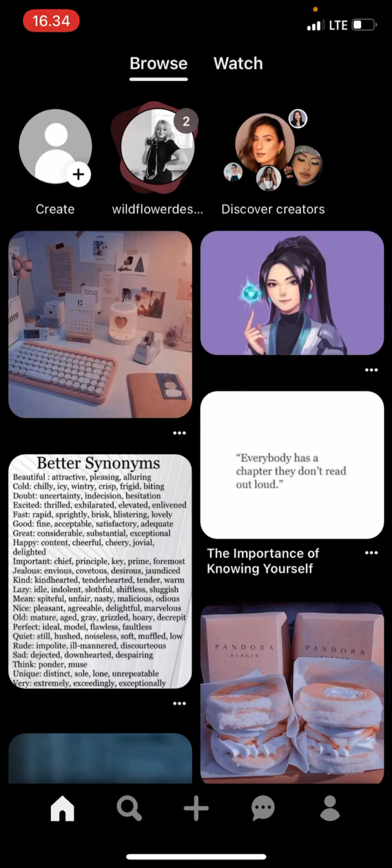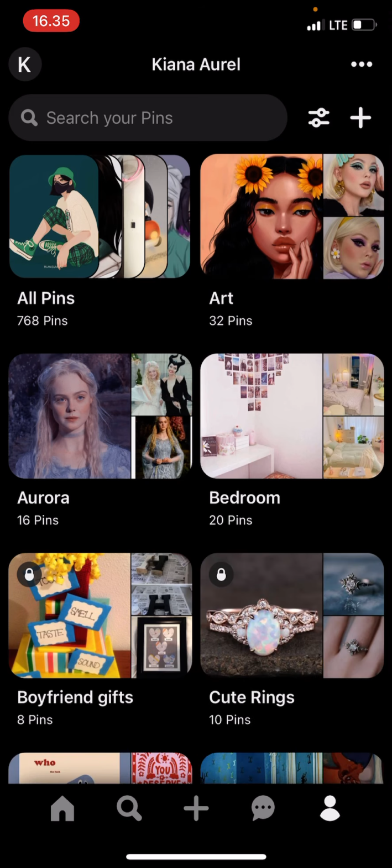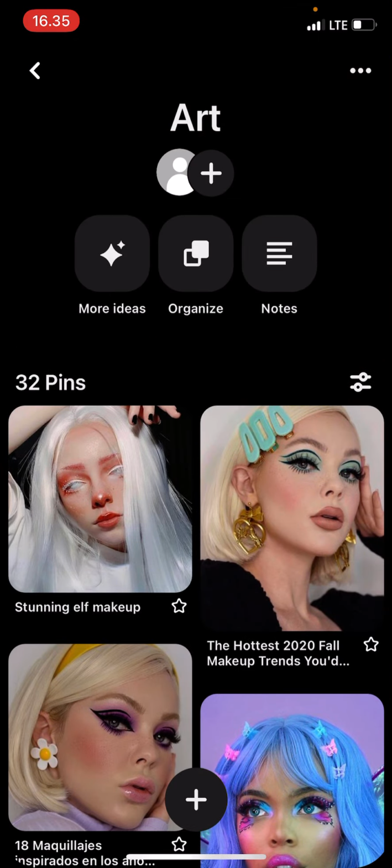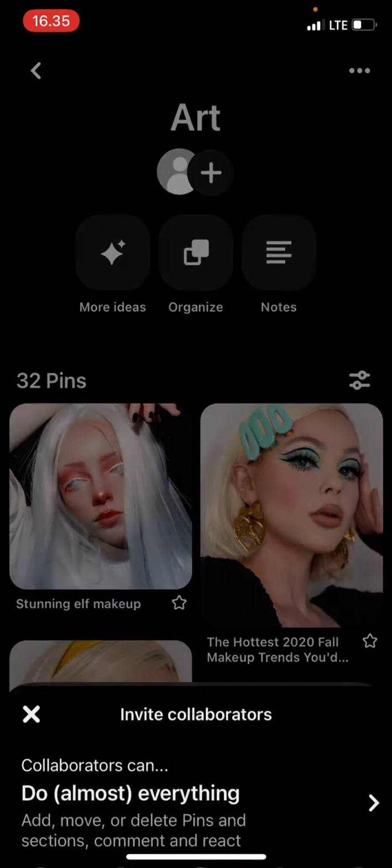In this video, I'll be showing you how you can add collaborators to your board on Pinterest. So to do that, I'm just going to go to my profile and I'm going to select a board, for instance this art one, and to add a collaborator, I'm just going to press this plus button and select